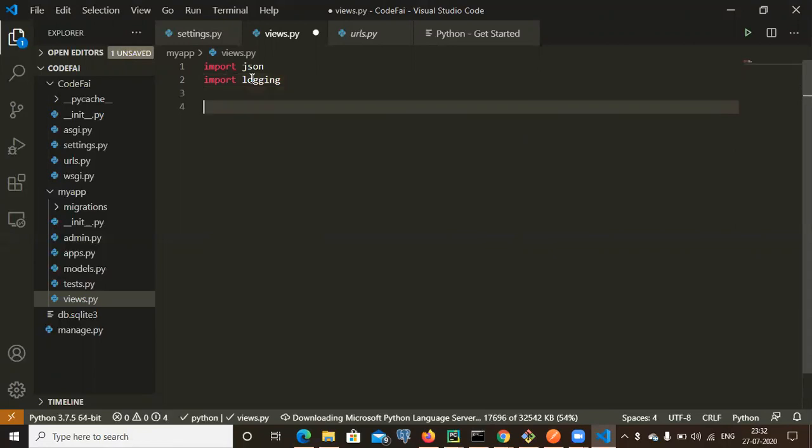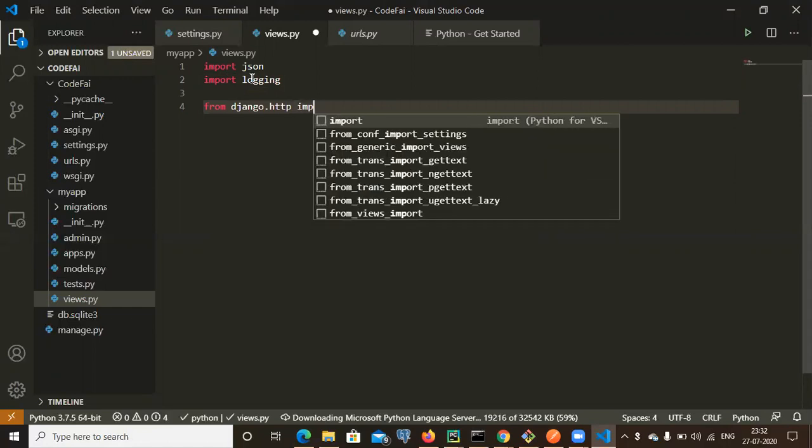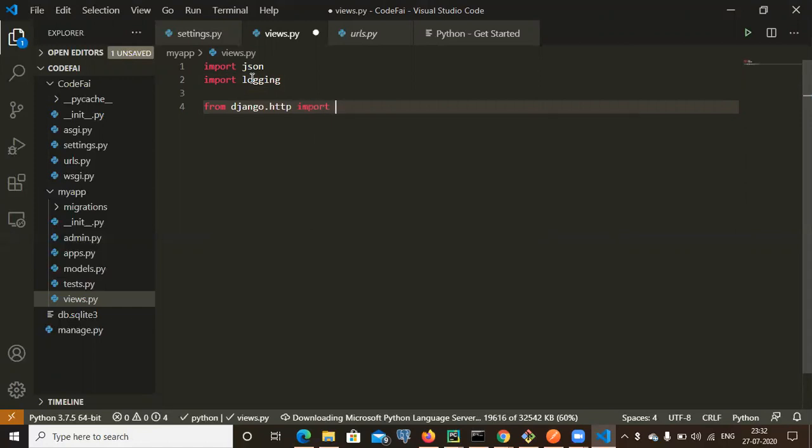Then I need some Django.http import HttpResponse. This will help you keep the response while you are calling the API. This will give you a response.